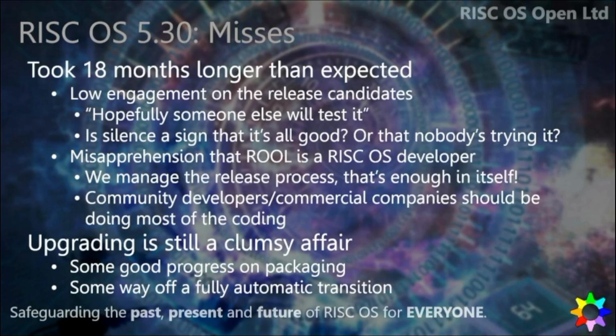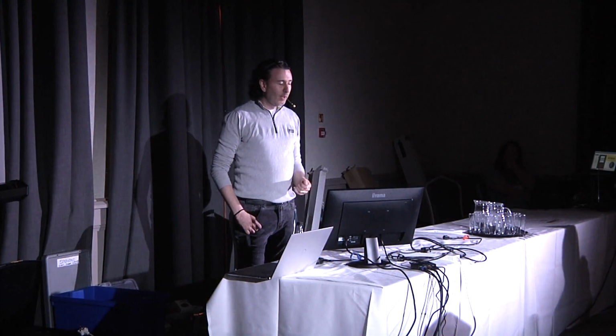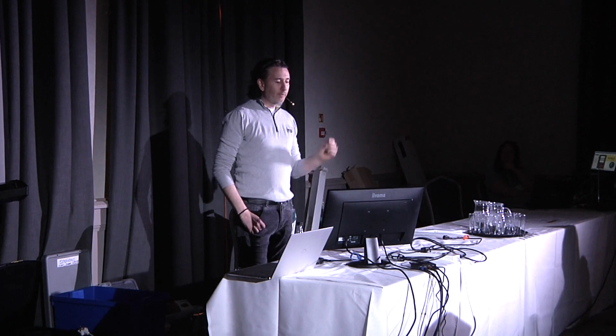And a little bit behind the scenes, I just want to talk about what we do when we're working our way towards a stable release. So we're constantly reviewing how RISC OS, the latest beta version, the unstable, odd-numbered version, is working on different platforms. We're hoovering up the issues that people are talking about in the forum. We're looking at what's put in our bug tracker, and we're trying it out ourselves on different systems.